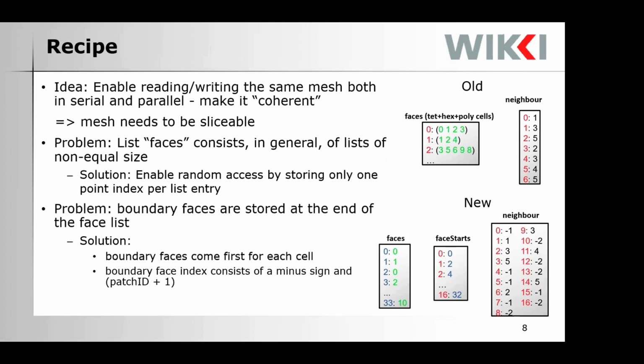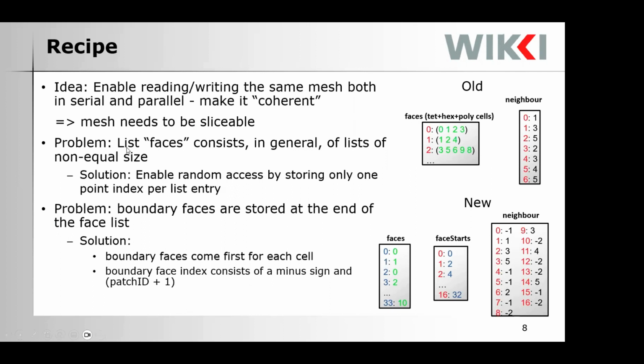So what's the recipe? The idea is to enable reading and writing the same mesh, both in serial and parallel. So from this idea, the name comes into place, the Coherent format. In other words, the mesh needs to be sliceable. How do we achieve it? So what are the problems